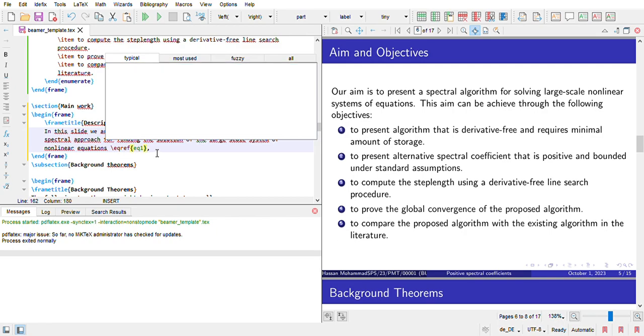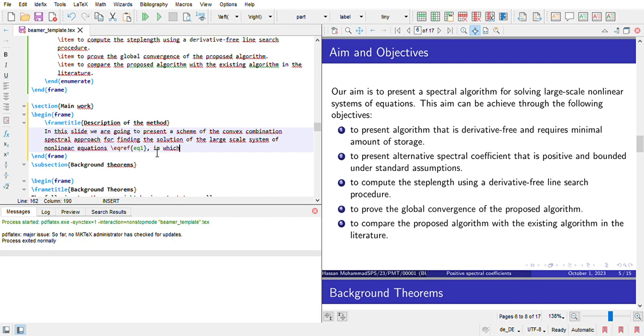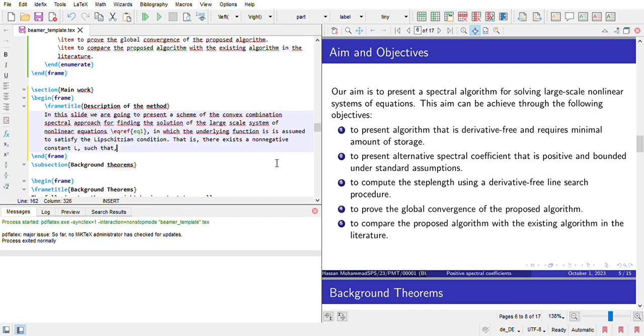In which the underlying function is assumed to satisfy the Lipschitzian condition, that is, there exists a non-negative constant L such that